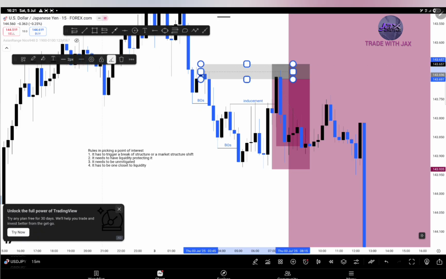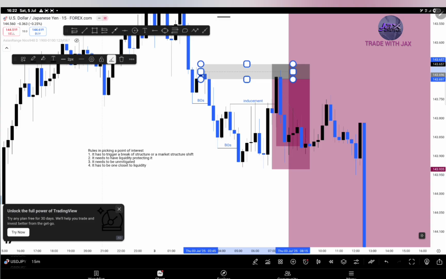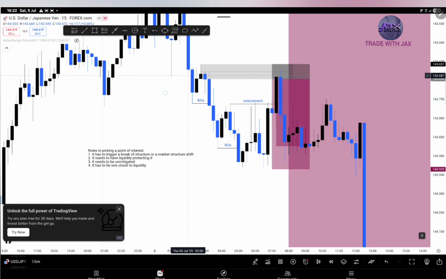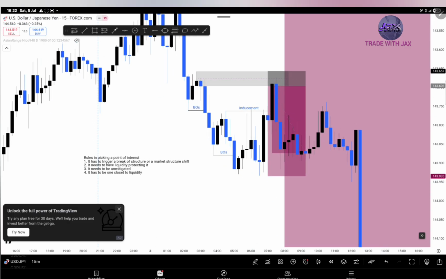The POI needs to have, this is a continuation pattern. That one I showed you is a reversal pattern. And there are other reasons. I'll make more videos next week to explain the other reasons for this. But for now, with this alone you're good to go, like 60%. It triggered the POI, broke structure. After the POI broke structure, what else? The inducement